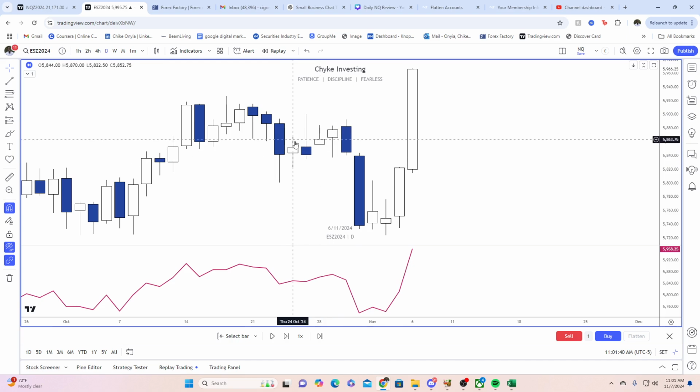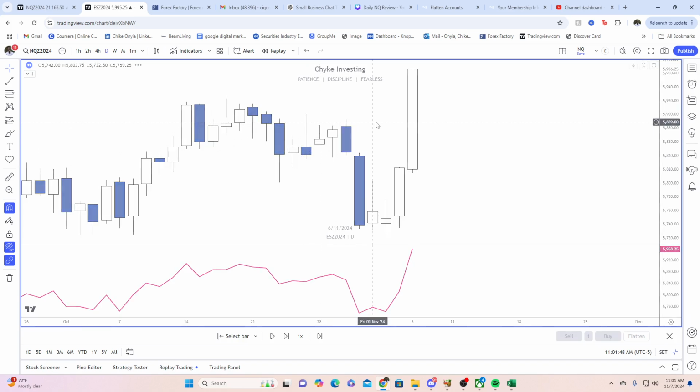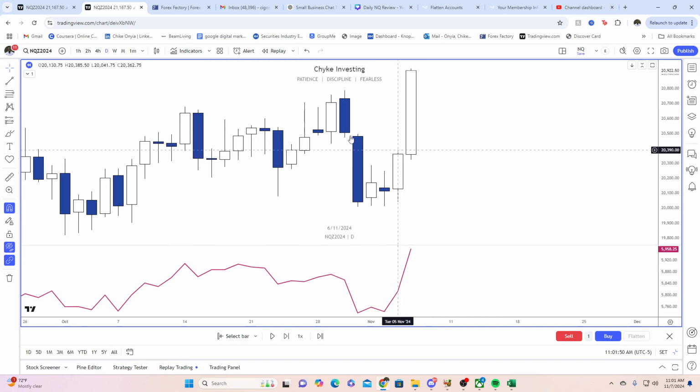So when you're seeing a candle that's inside the daily range, expect one of the days following it to be an expansion day. If it's not the first, it could be the second, third, fourth, or fifth. And that lined up pretty well on NQ with Trump winning the election. So we took that out.